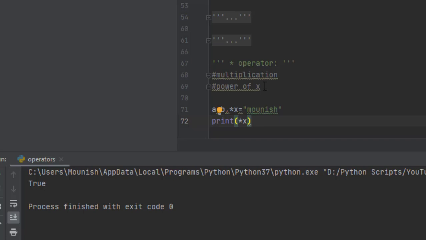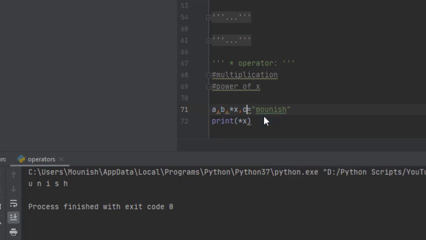And that is what it does. Simply I'm printing out this so you'll understand it nicely. You can see that UNISH is saved in star of x. Suppose I want the last letter H to be saved in another variable like C.